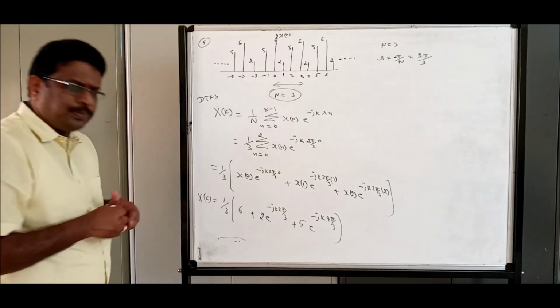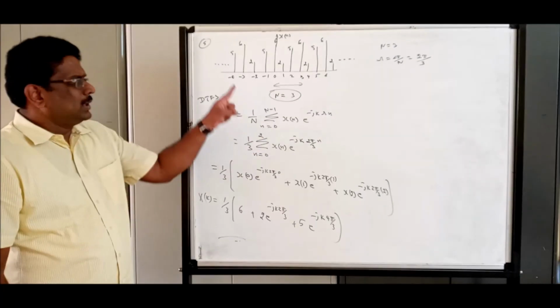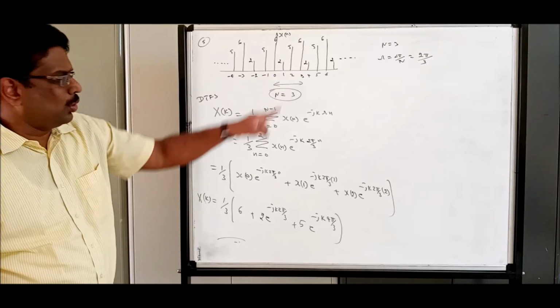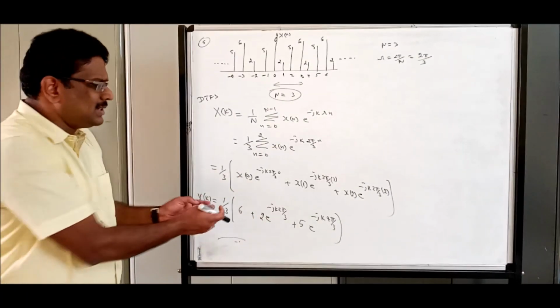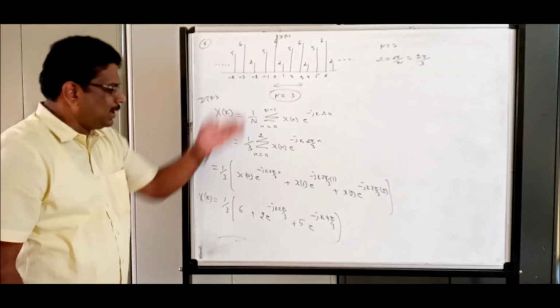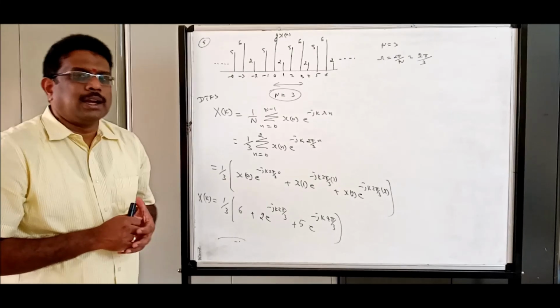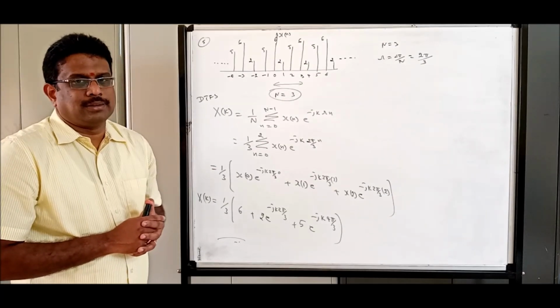That's all the problem. So, what is our aim? The formula is ready. The moment you see the numbers, identify the time period, identify the omega, substitute. Just expand, and the problem is solved. Just substitute the amplitudes, expand, and the problem is solved. Okay. With this, let us conclude this session on discrete time Fourier series. Thank you.